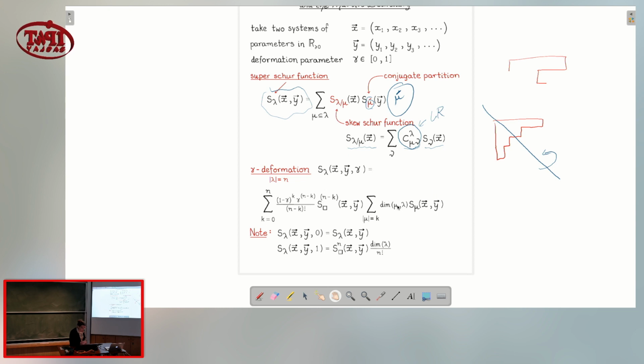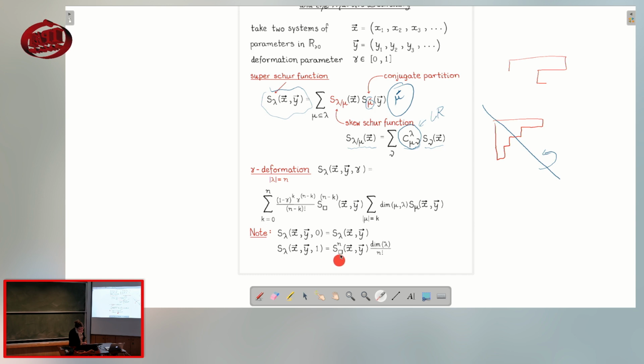I think it's more or less self-explanatory, where dimension mu lambda means I'm counting saturated chains that start at mu and go to lambda. This is a curtailment of the earlier dimension function I introduced. If gamma is 0, we just get back the supersymmetric function, and if gamma is 1, we get